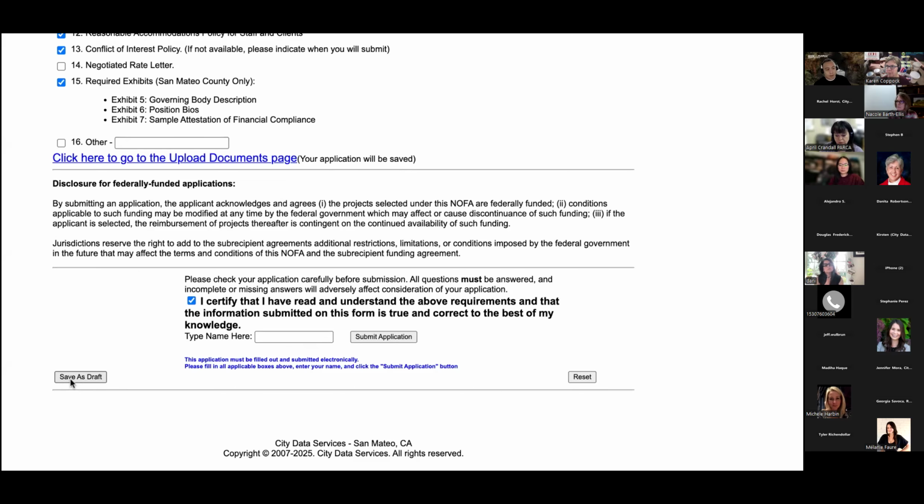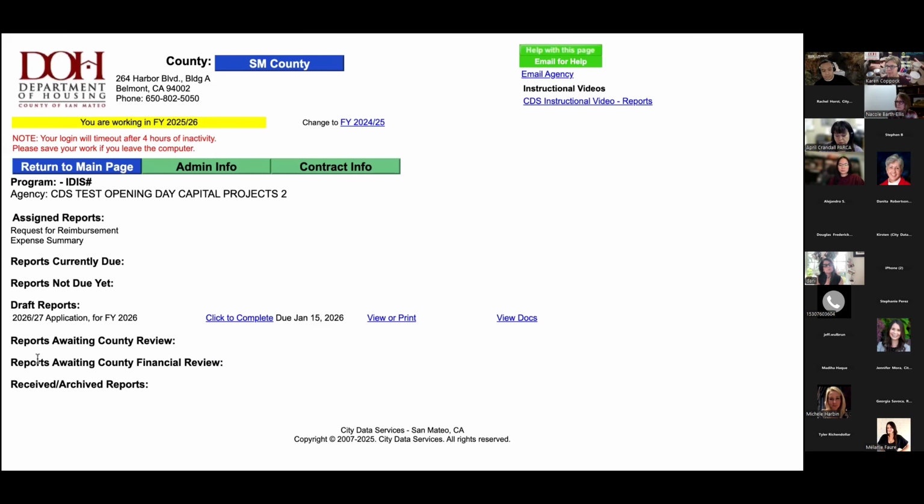Let me save this as a draft. Once you submit, it's currently under draft reports because I didn't submit it, but once you do submit, it'll go under the heading of reports awaiting county review or city review, depending on your application. And you'll see that it's there, waiting for them to take a look at it. You're also going to get a confirmation email. I think it's from info@citydataservices.com saying, thank you for your submission.